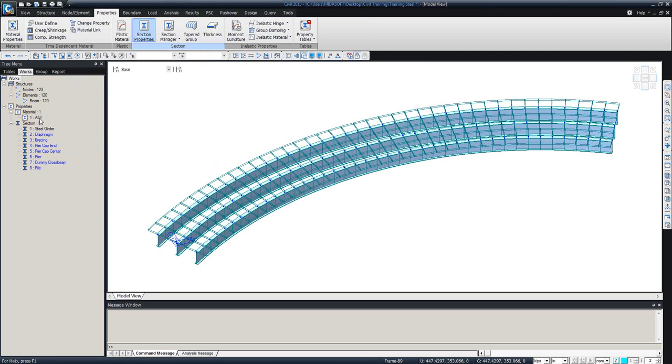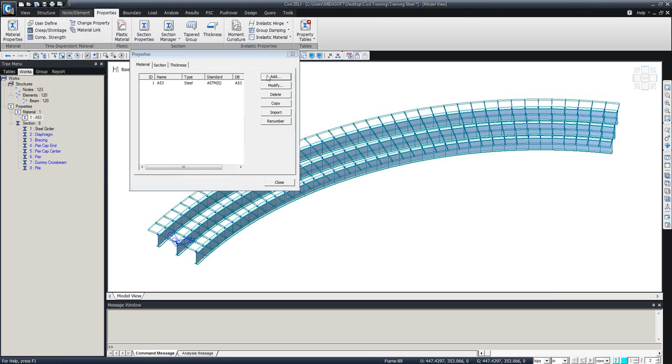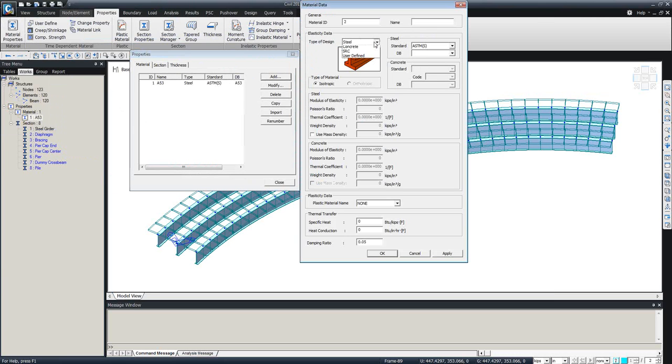The same thing with the material. So far, I defined only steel. Let me just define the concrete as well. For the concrete, you need to just switch it to concrete, and I select the grade C5000, and that will be my concrete. Another one, if I want to make this a weightless concrete, because sometimes we need to use a weightless